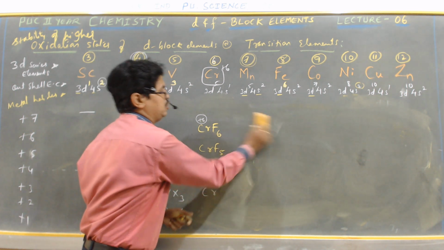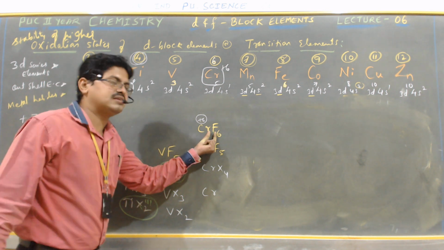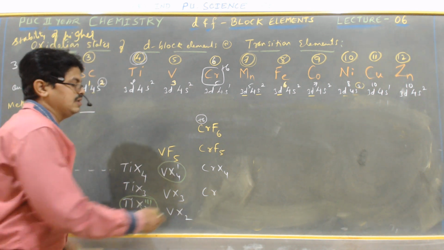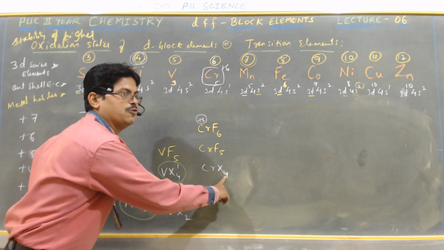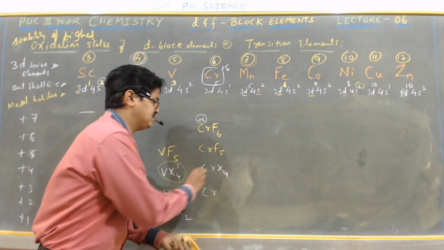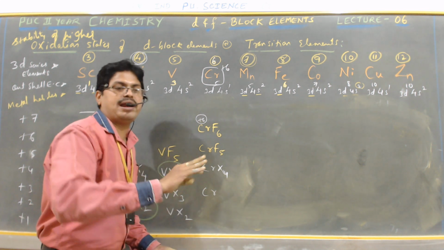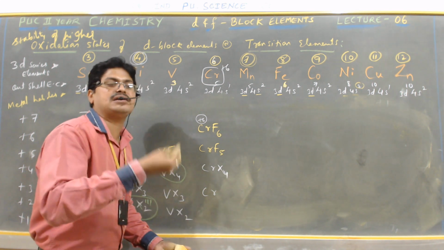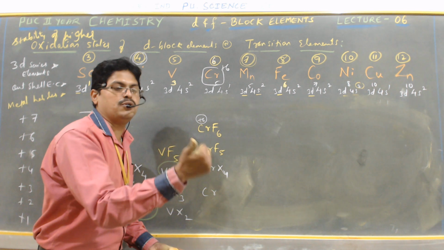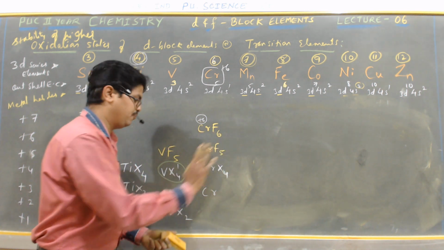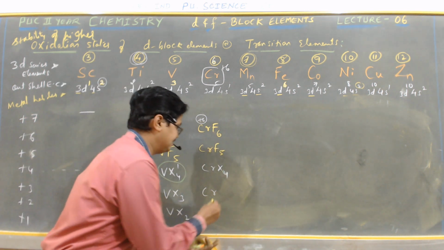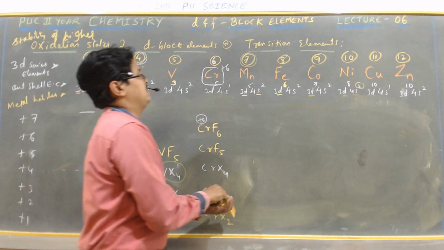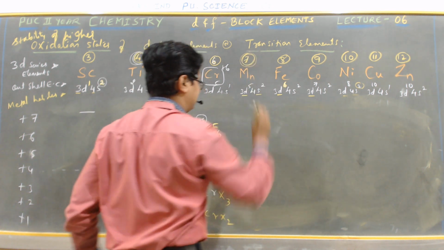Okay. With respect to higher oxidation state only. With respect to fluoride it is stable, but not with respect to other halogens like chlorine, bromine, iodine. They are not stable. But when I write X4 means all the halogens are available. Means chromium tetrafluoride, chromium tetrachloride, tetrabromide, tetraiodide. Here X indicates fluorine, chlorine, bromine, iodine. All the 4. CrX3, CrX2. With respect to manganese, highest oxidation state is plus 7.